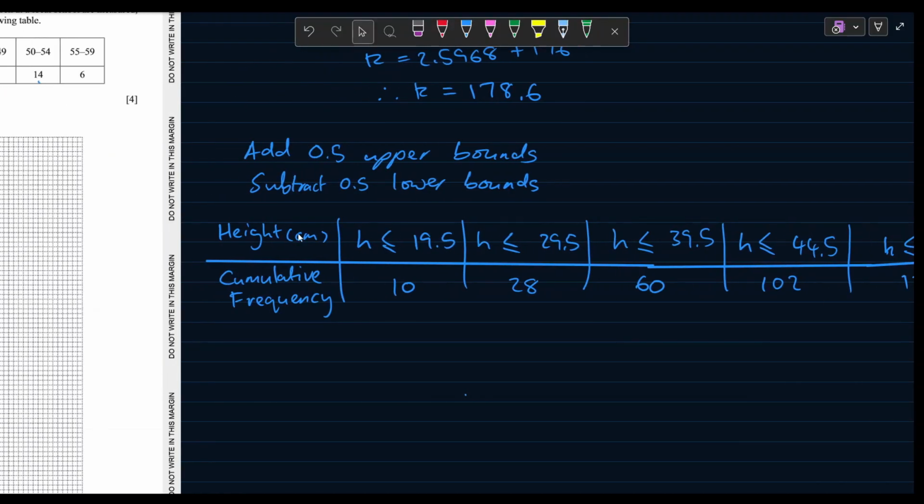I should probably highlight that this is h in centimeters. And so now that we've got upper bounds against the cumulative frequency, we can now plot